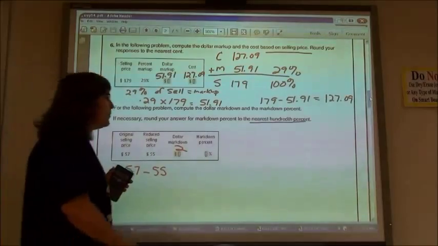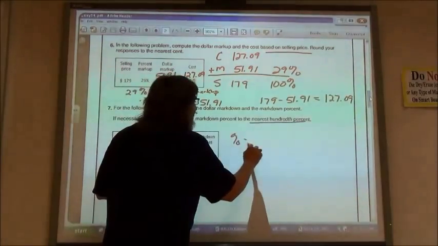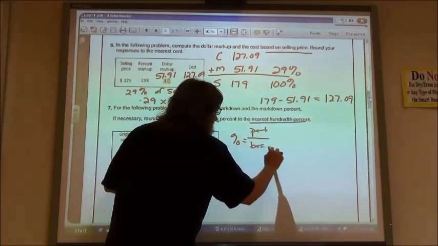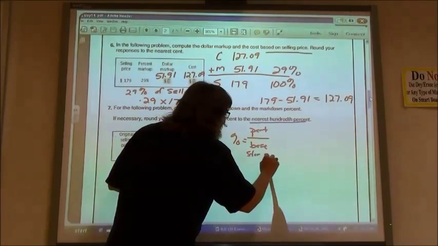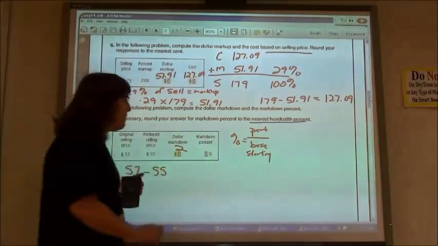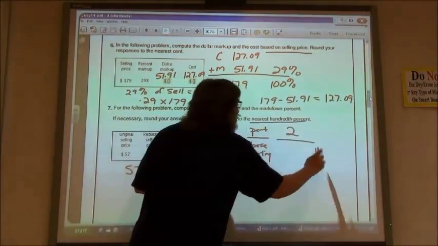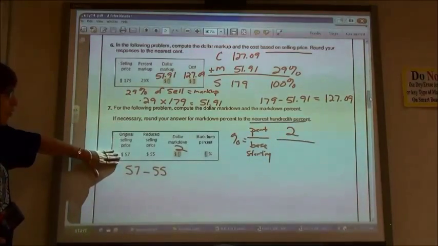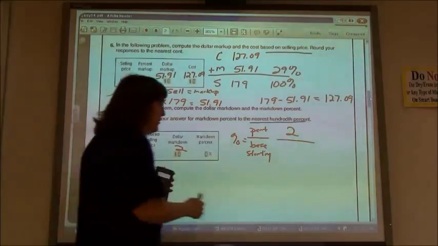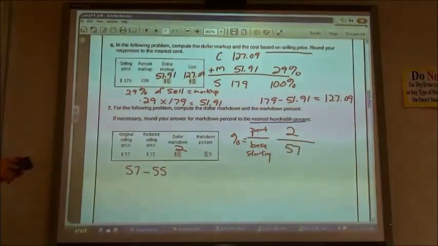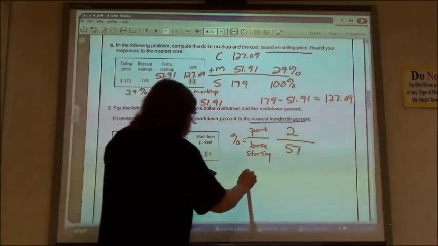If I want to find my percent markdown, I have to take the part divided by the base. The base is going to be what you started at. So the amount I marked it down by was $2. I want to go with my base, my original price, $57. So I'm going to do 2 divided by 57. 2 divided by 57 gives me